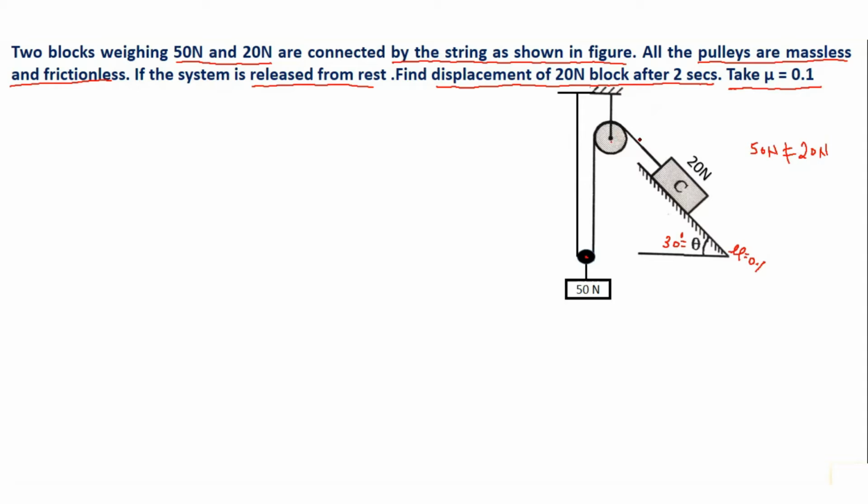The first step is to determine the tensions in the rope. Let me start with this part. Let us assume that the tension in this cable is T. If this side it is T and it is passing over the smooth and frictionless pulley, hence the tension in this part of the cable will also be T. Again, this cable continues towards this side along this pulley, and because it is again a frictionless and massless pulley, the tension on this side of the cable will also be T.